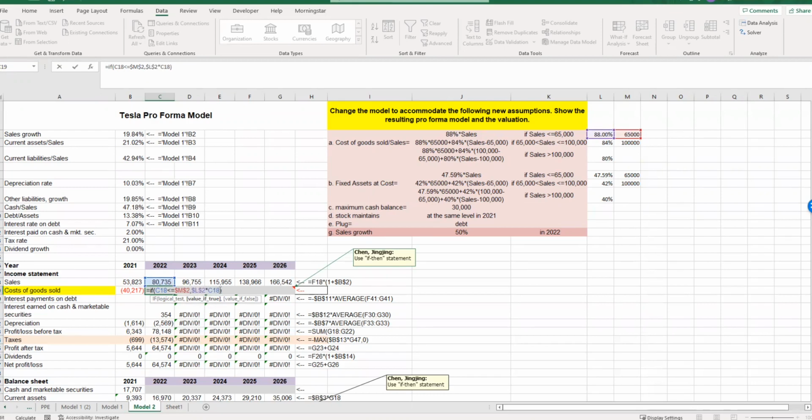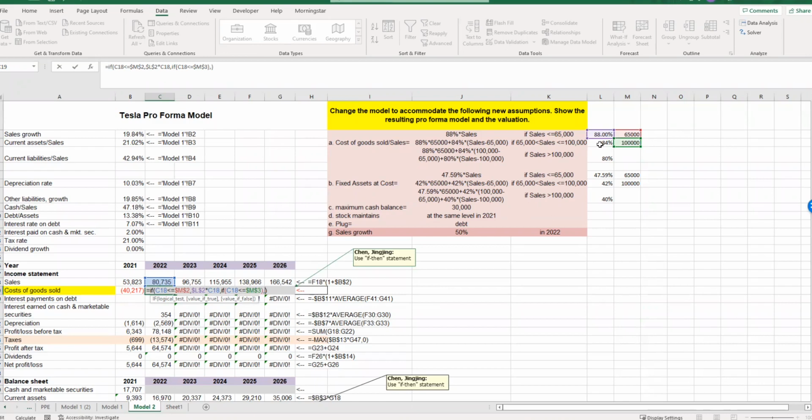If this is false, and this sales will be greater than 65. So if it's greater than 65 but less than 100,